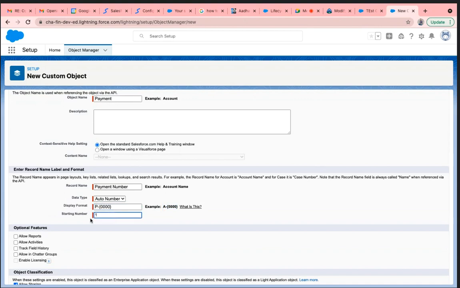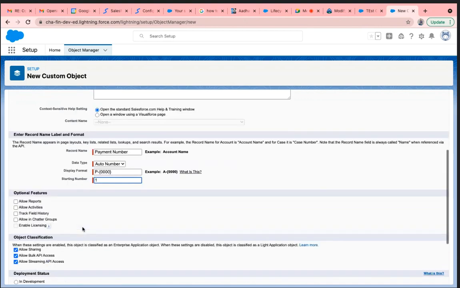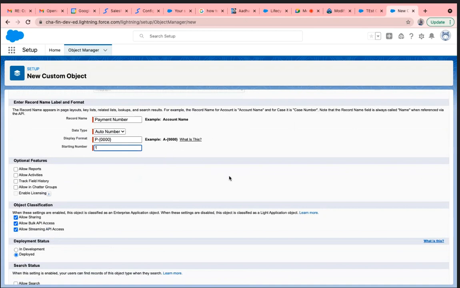So it is the starting number, it will be from 1. This object data, whatever you have created that you want to provide in reports and all, you can allow. For the display format, we have to give the same number which is over there, like 000, whatever number you've given. You can remove it or keep only one, it's not mandatory, no problem. There is nowhere mentioned the best practice, but ideally if you write it this way, it's good.